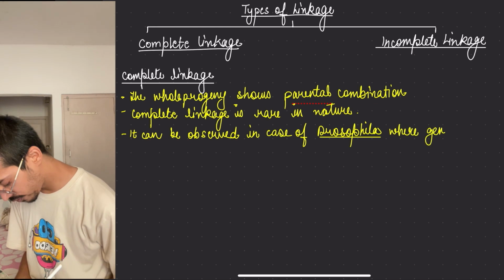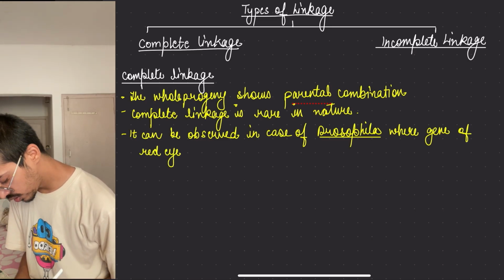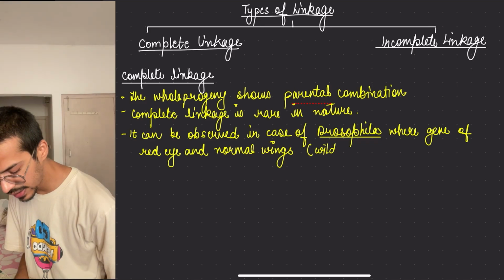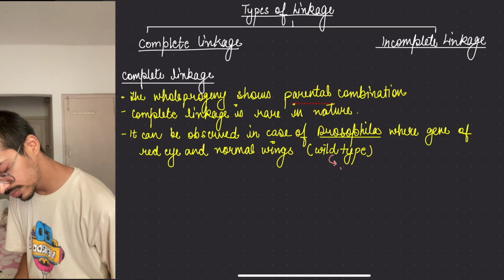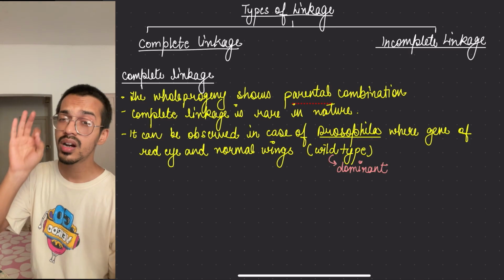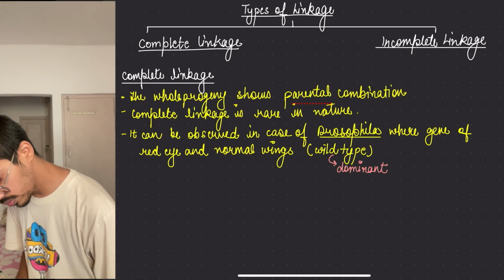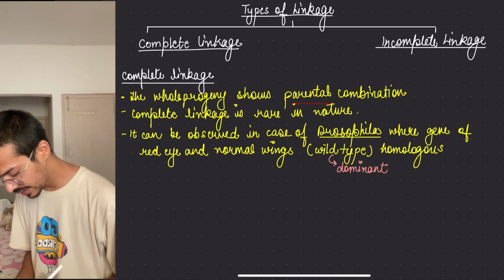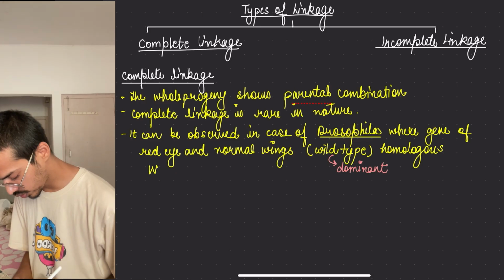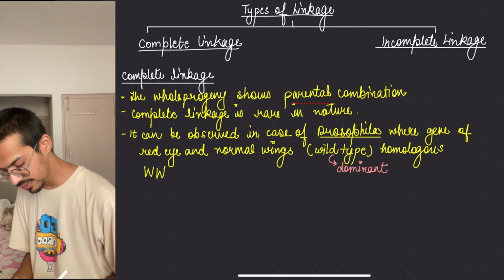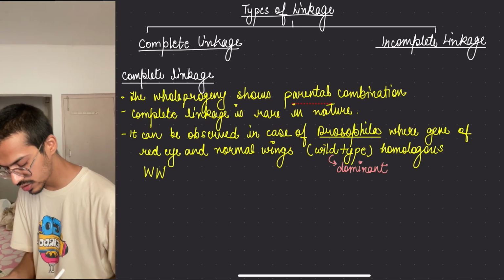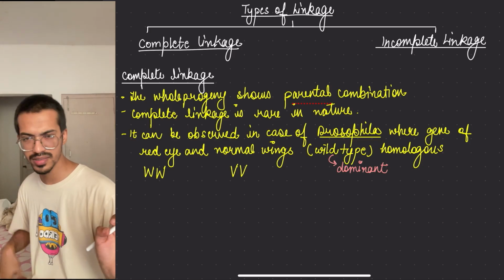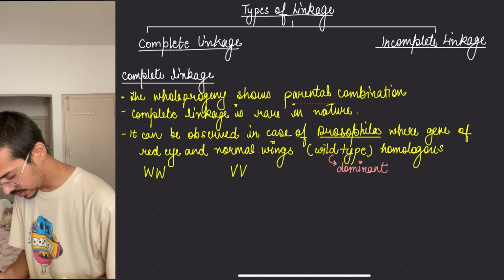where the gene for red eye and normal wings is what we call wild type. Wild type in itself means a dominant feature. Dominant feature means that even one allele of this will come, it will show this effect. Okay, so wild color, homologous. Homologous means that it has what? If eye color is this, we will write it as capital. Okay, like this, and we can write it any way, like capital, and this is small, like normal being capital. So this is the wild type. Okay, I'm not writing it up as of now. We are just writing it up. Okay, so wild, you won't be able to remember it. We will see it like